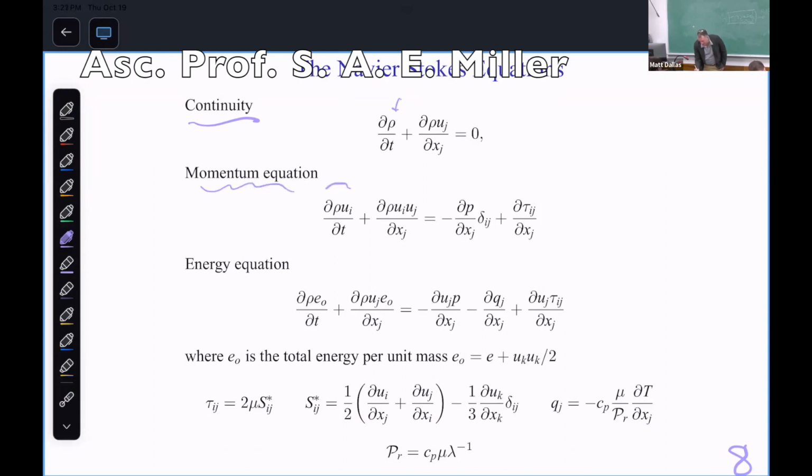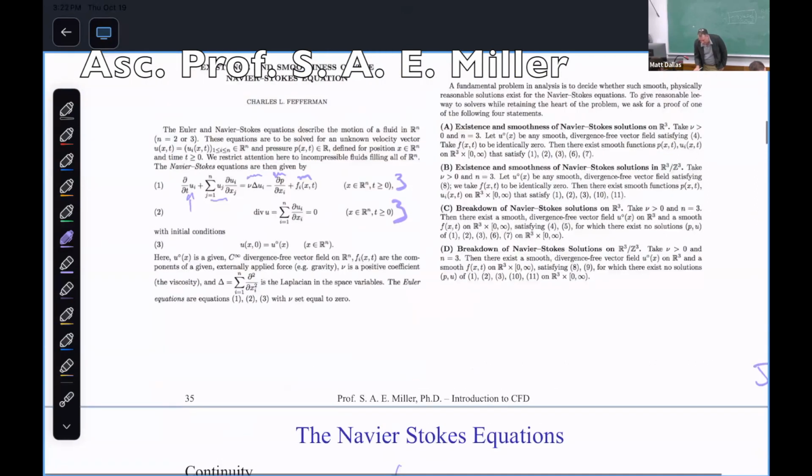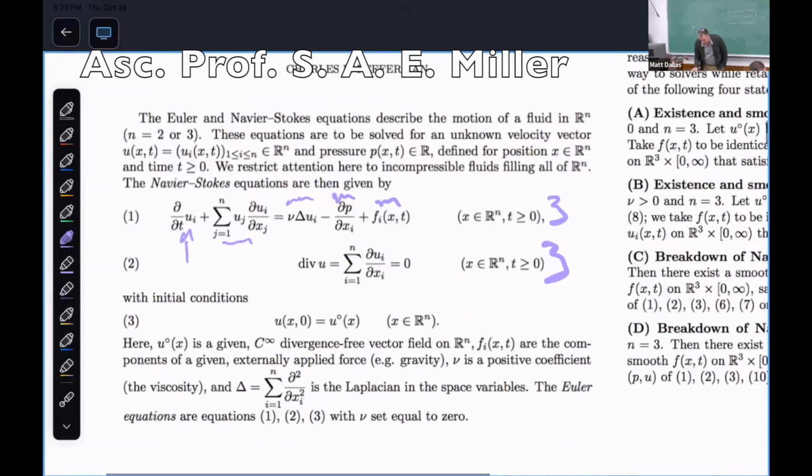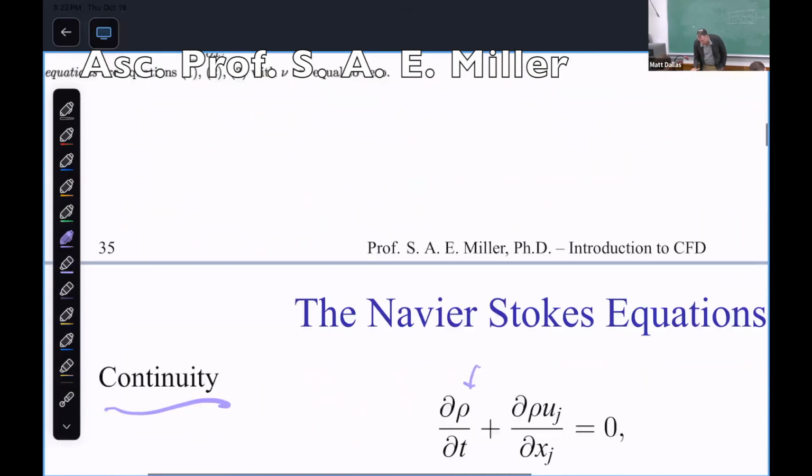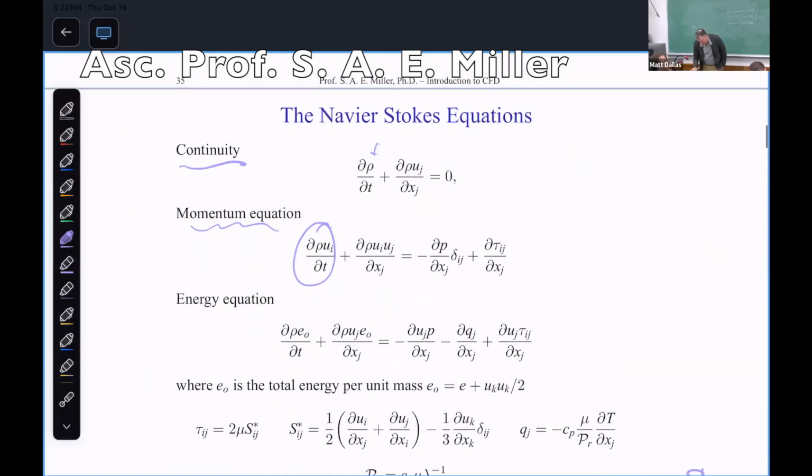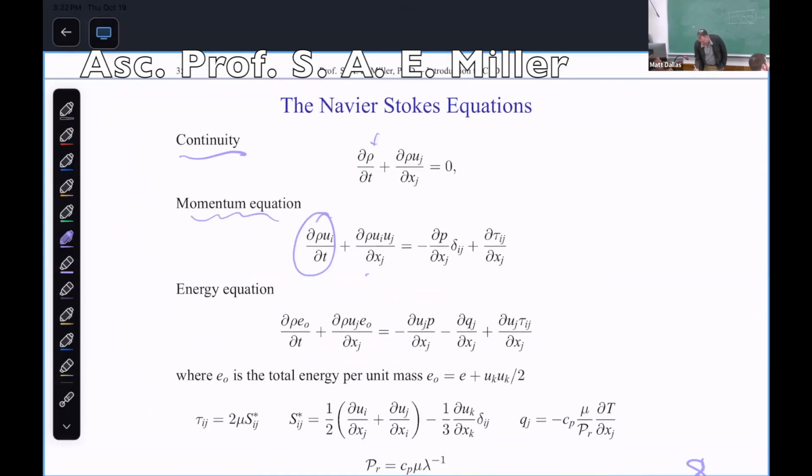So you can see this time derivative term is a little bit different than the one in the problem, partial t, partial ui. It's a vector equation, 3 dimensions. You've got 3 equations. Here's your convective term. This is your pressure gradient. This is the Kronecker delta function. And this is your viscous stress tensor, where